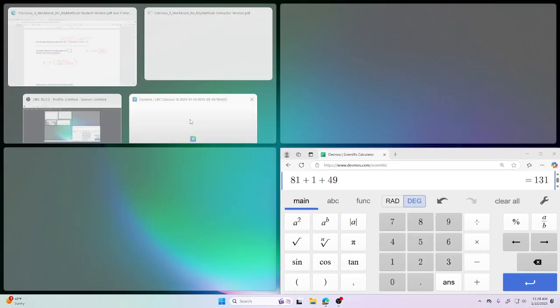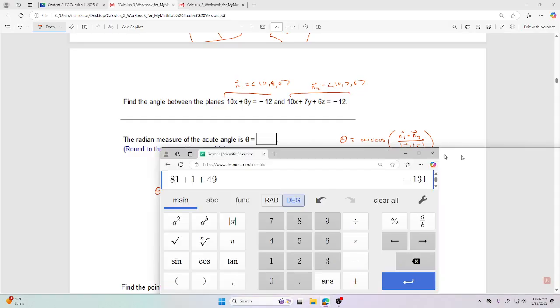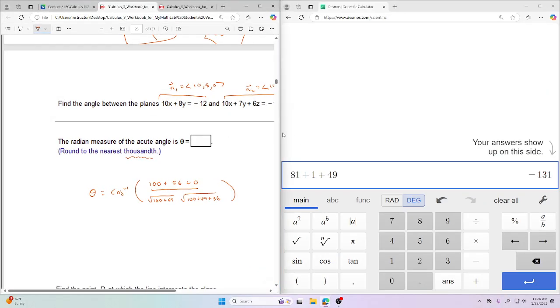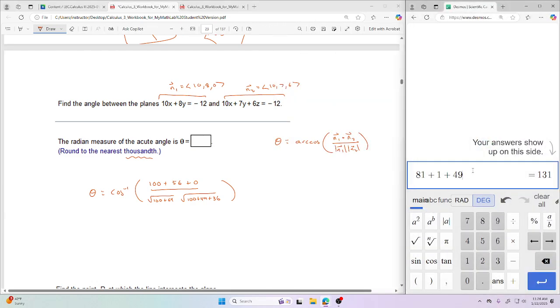Let me do that on the side here. Let's do this and that and this. Cool, cool. So yeah, so the arc cosine of 156 divided by the square root of 164, and then times the square root of